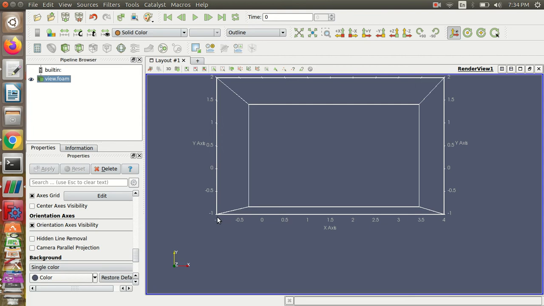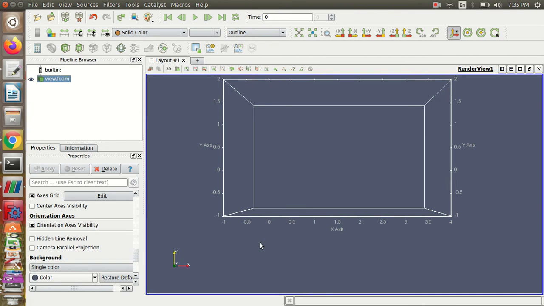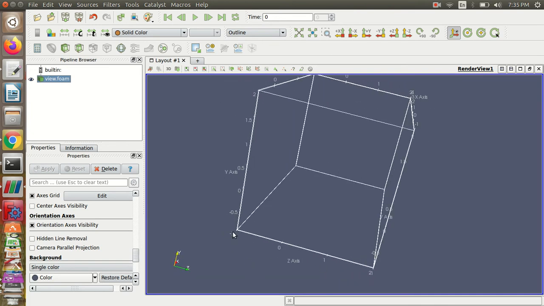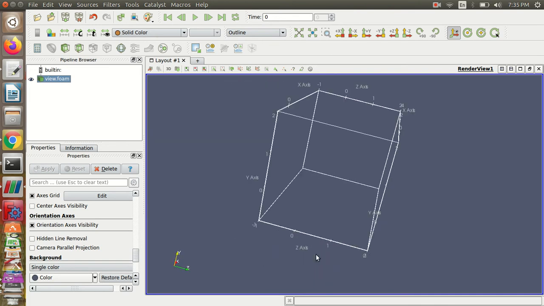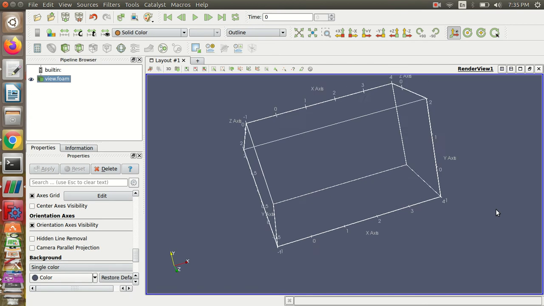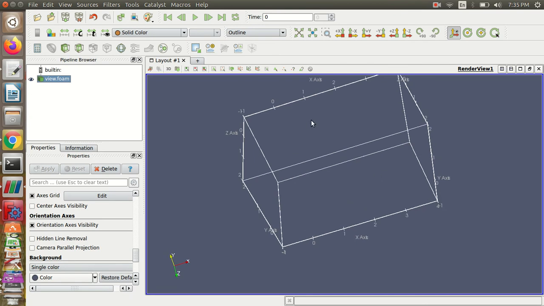From -1 to 4, that means for 5 meters, it is going to split the cells as 150 cells. Similarly on the other side, for these 3 meters, starting from -1 to 2, it is going to split into 100 cells. Even after you generate the mesh for the geometry, your mesh parameters are going to be the same.